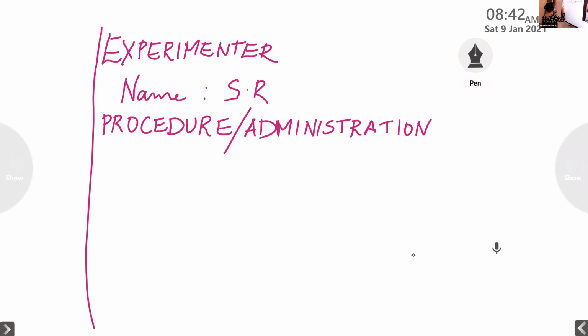Then after this, we write scoring. This also is not written always, but it has to be there. Scoring is how we score the test. If we give one score to this, do we give two scores to this? Do we give 0 points for any other response like that? Based on that, we have to write the scoring method.